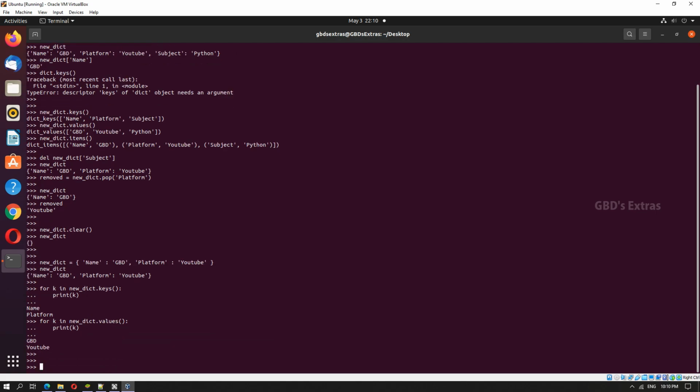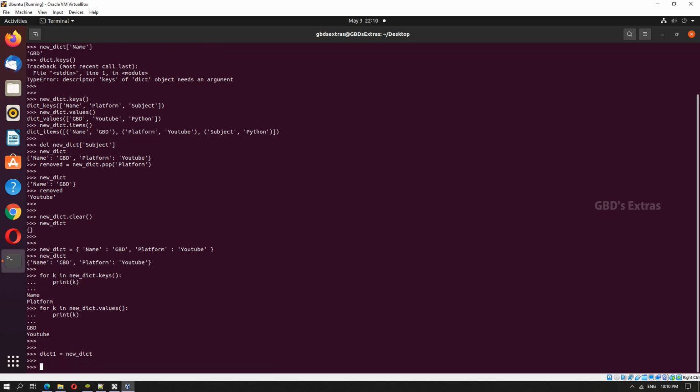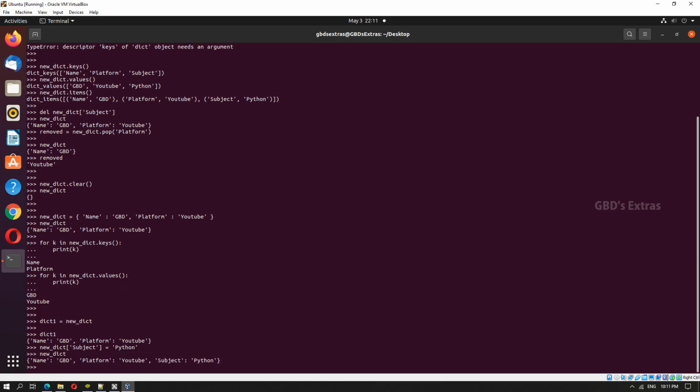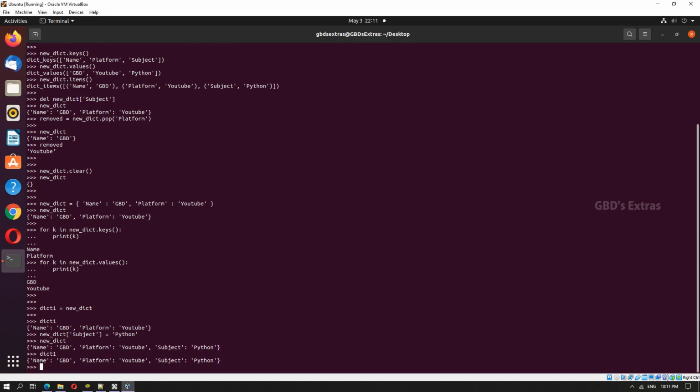To make a copy of a dictionary, we can do it in two ways. For instance, now if we see the contents, as we see on dict1, all the items of new dict have been stored. So what if we update the new dict with a new value? The new dict has the new element added, and even dict1 also has a new element added. Which means when we try to copy a dictionary to a new variable, it's just a reference to an existing dictionary. So we are not actually making a copy of it.